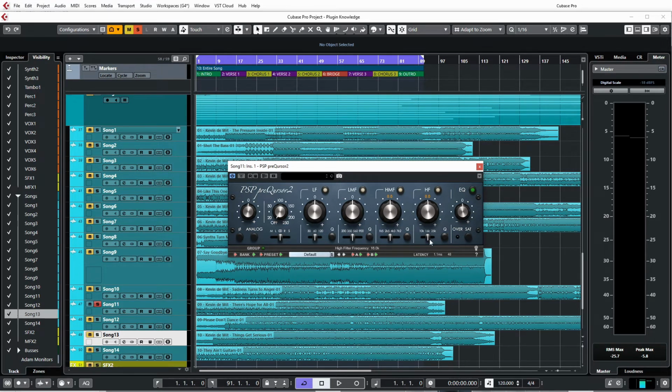Each one of these other bands is identical. Same setup: Q, narrow, wide. Gain, plus, minus. On, off, on. The difference is the frequency ranges. They all are stepped frequency ranges, so you don't get really accurate results, but what you're going to get is good